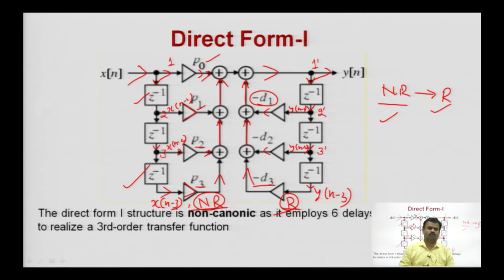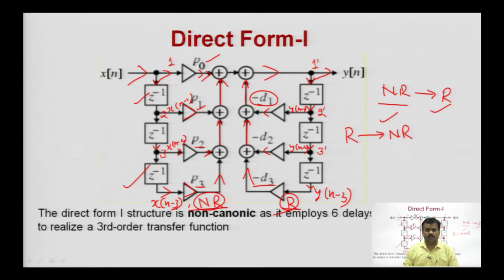So, in direct form 1 you always have to keep the first step as non-recursive and the second step will be recursive. यदि इसी को आपको डायरेक्ट फॉर्म 2 से करना होता तो ये सब आपका अपोजिट हो जाता. In direct form 2, at first the recursive structure will be there and after that you have to put the non-recursive structure. So, if this structure is interchanged then it will be direct form 2.